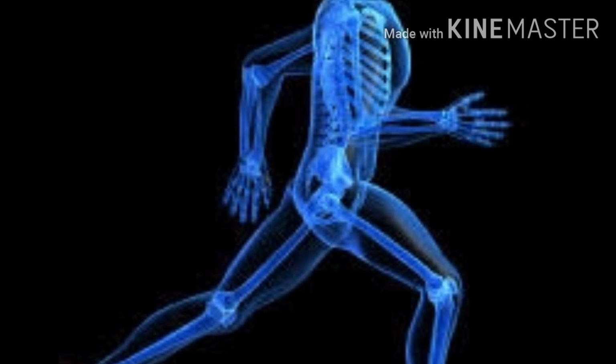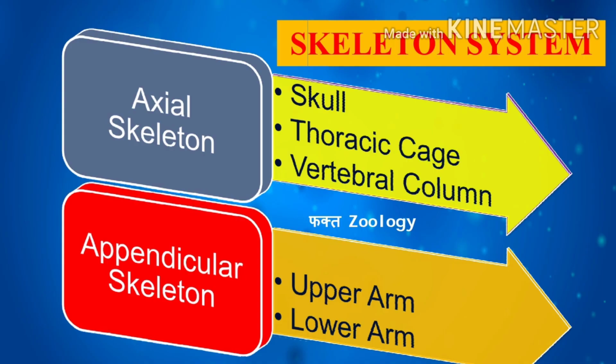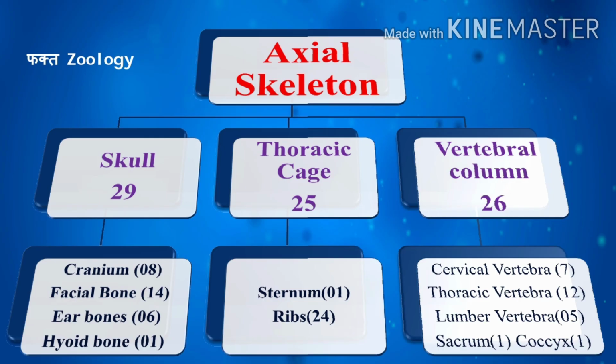The skeleton system is divided into two parts, that is the axial skeleton and the appendicular skeleton. The first is the axial skeleton. This skeleton forms the vertical axis of our body. It contains 80 bones. These bones are divided into three sections. The first one is the skull, the second one is the thoracic cage, and the third one is the vertebral